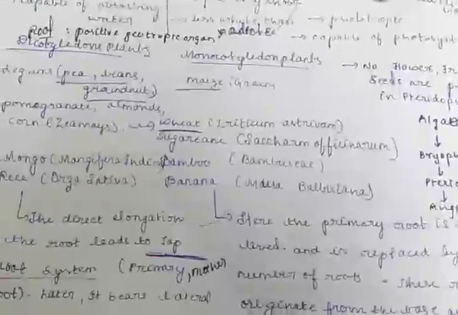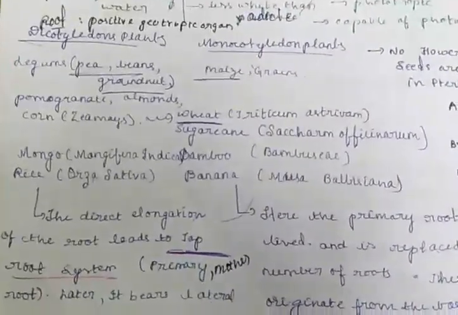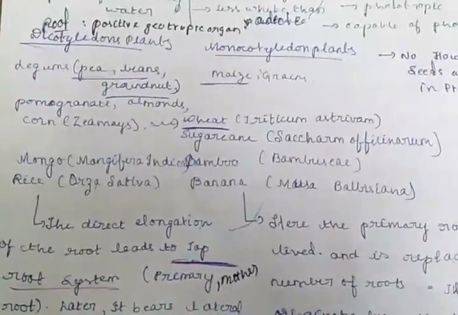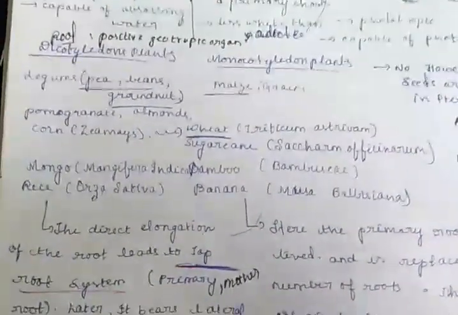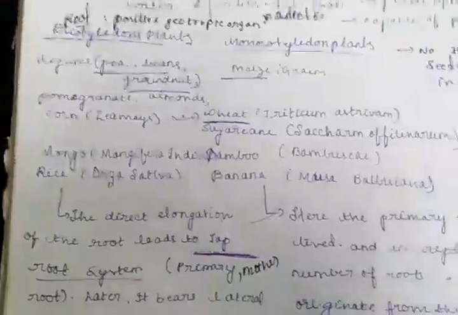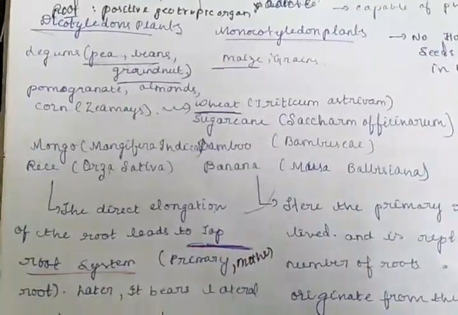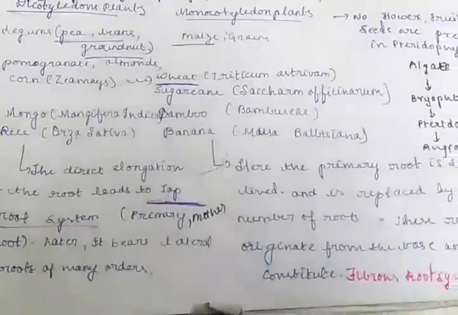Dicotyledon means having two cotyledons. In the seed structure, the cotyledons, hypocotyl, and epicotyl provide nutrition and nourishment to the seed. In some plants we have two cotyledons. In some plants we have one single cotyledon.